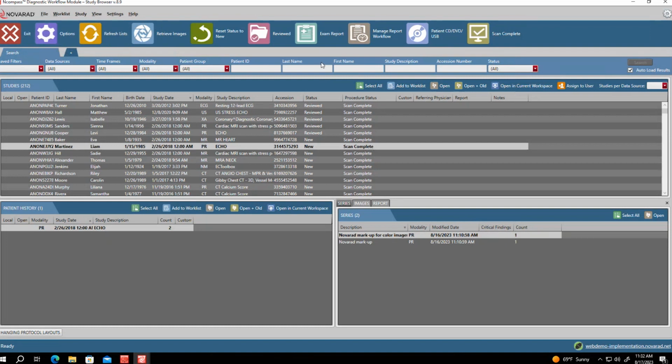So this is our basic default setup for our diagnostic viewer and the study browser. One of the greatest things about our study browser and our viewer in general is it's extremely customizable.